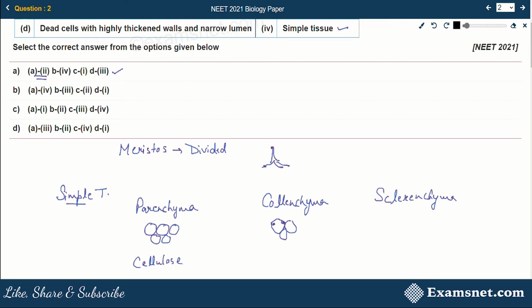Okay, and why are these corners thick? It is due to the presence of cellulose, hemicellulose, and pectin. Okay, so collenchyma is composed of cellulose, hemicellulose, and pectin. Now the last one, sclerenchyma, are generally long and narrow cells with thick walls and they are composed of lignin. Okay, so this is the common difference between parenchyma, collenchyma, and sclerenchyma.